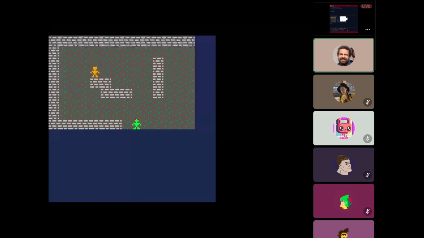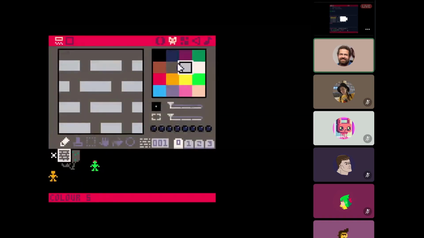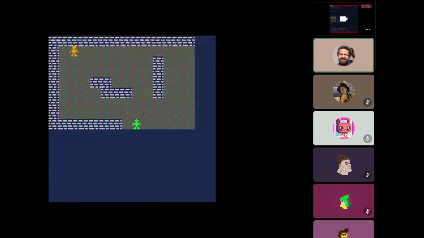Right now the mortar is the same color as the ground, so I'm going to change that. Let's make the mortar be something like this. Okay, so